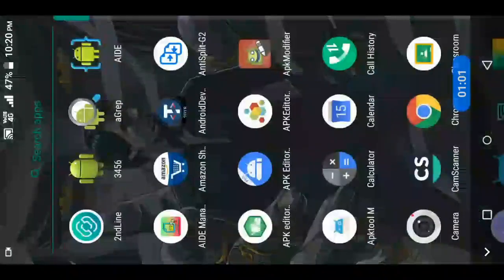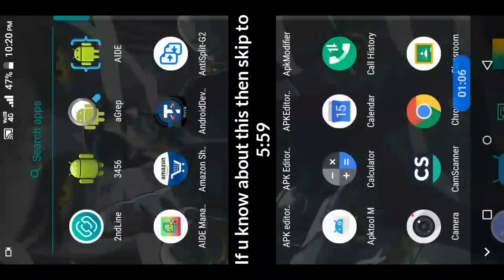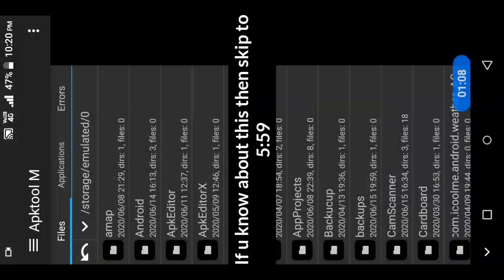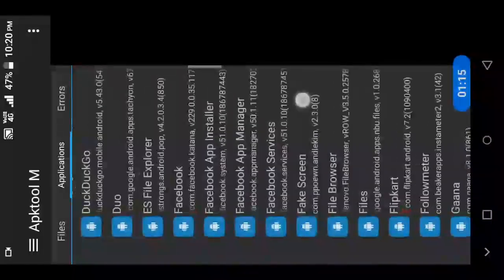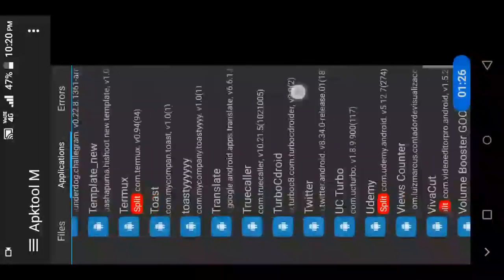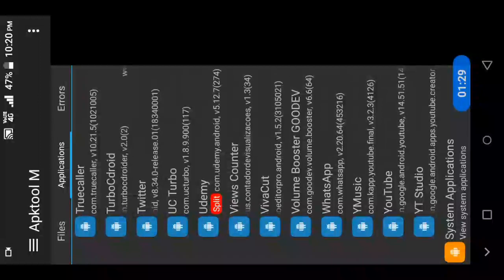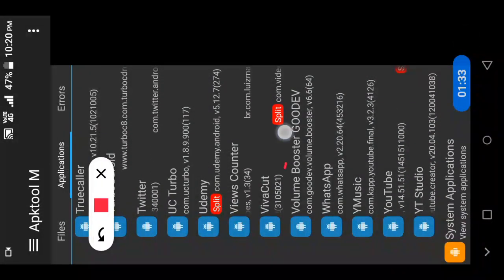Firstly, to crack it we need to back up an APK, but it is a bundle APK. That means it is a split APK. So you can see in APK Tool M here, it is split APK.